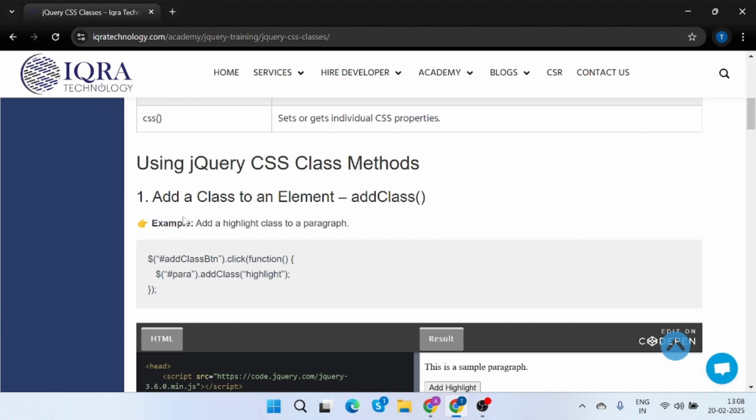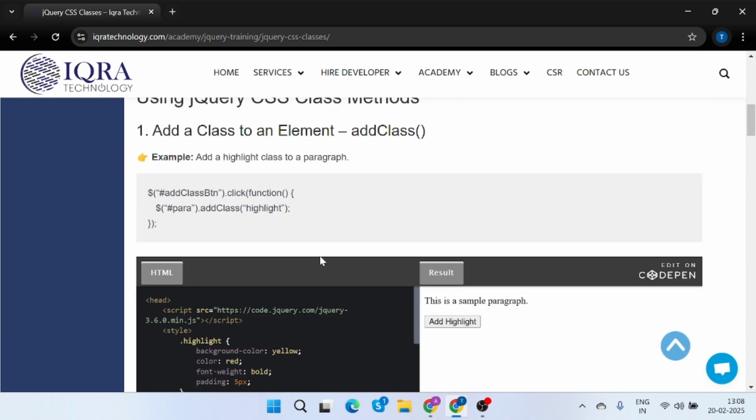Now here is the first method, add a class to an element. Here we use the addClass method. Now it's an example here: add a highlight class to a paragraph when a button is clicked. Now here we use a click function, and here we use the addClass method. Now when we open it in our code editor, now you can see